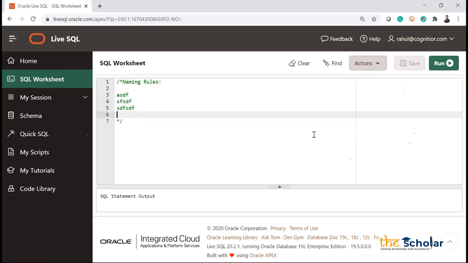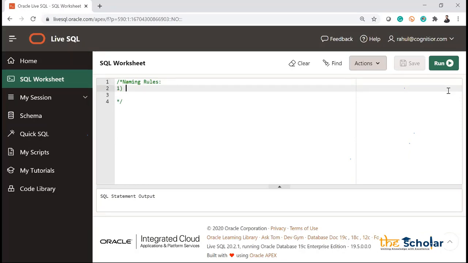So that when you are running the entire code, this part will not execute because it's a comment. Okay. So either you can give the comment line by line by using this minus sign 2 times. So every line you have to put that there, every line, okay? Or suppose I have a multi-line comment. In that case, I will go with a slash star and star slash, right? So in between anything we will put will be a comment.